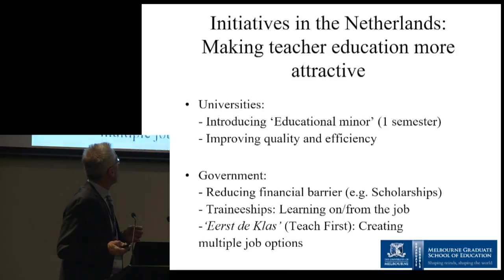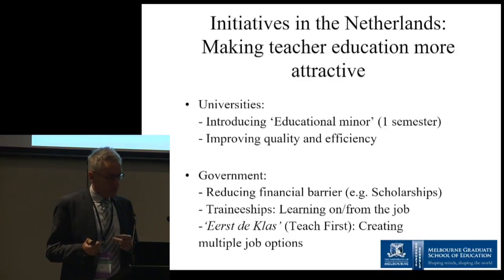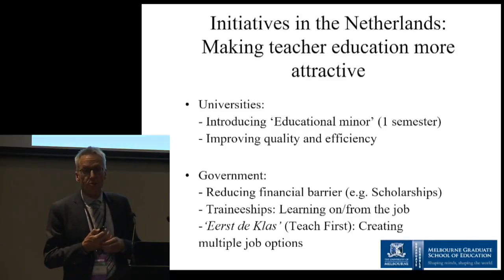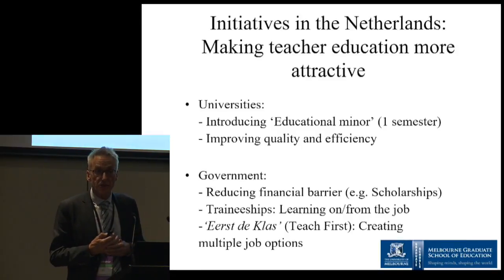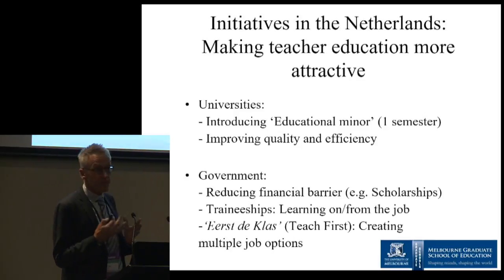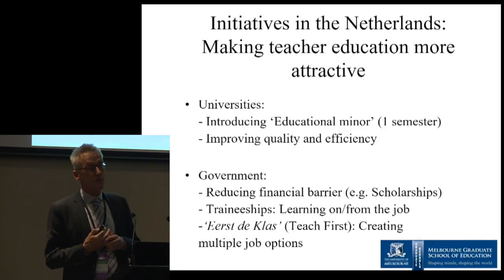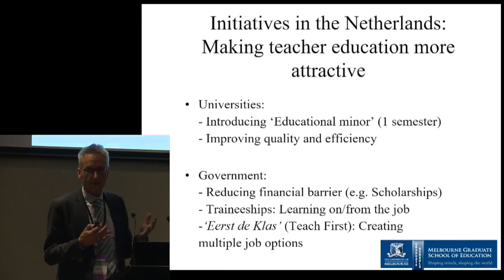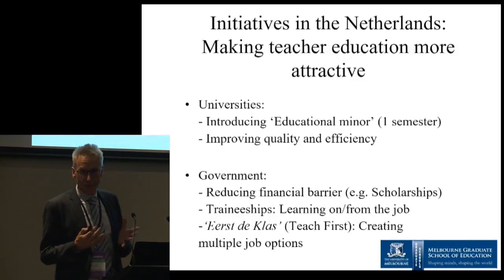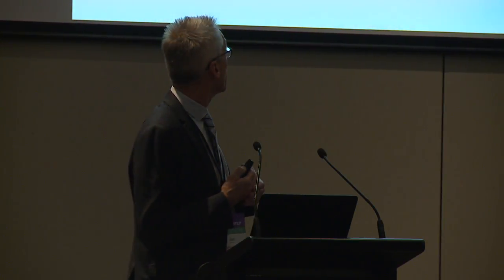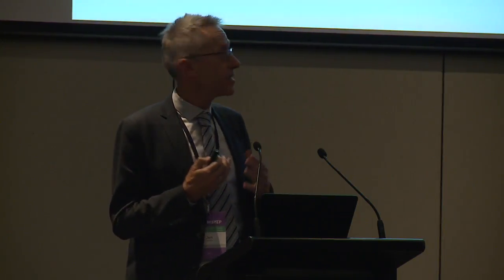At the same time, the government has come up with a few measures to make participation in teacher education programs more attractive, giving scholarships of 5,000 euros per year to students who enroll in a science or math teacher education program, to lower the financial barrier. Another measure is traineeships, a kind of teacher education where you have a job from day one. You're hired by a school even though you have not been teaching at all and have not done your teacher education, so it's training on the job, which makes it more authentic and thereby more attractive.